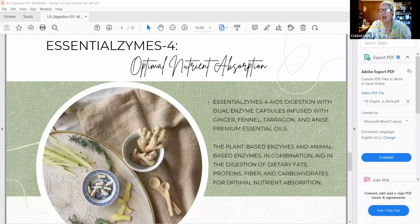Digest will help with that. There's a couple of different ways you can digest it. You can take an empty capsule, put a few drops in, and swallow it down. You can put it in some juice or water. You can just drop it under your tongue. It doesn't taste good. I'm going to tell you this right now, unless you love